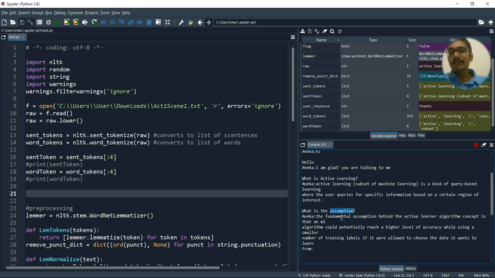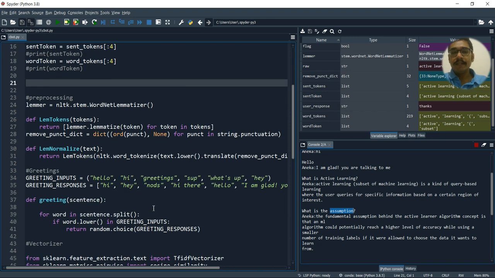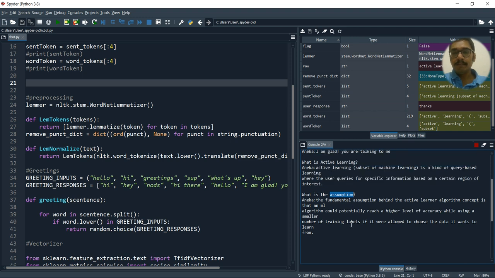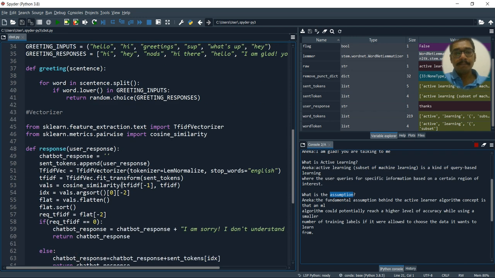So how is this working internally, if you didn't get the logic? This is done by similarity. In the TF-IDF vector, it will take this token. Now this entire thing is considered as a token. Out of this, the keyword is the assumption.